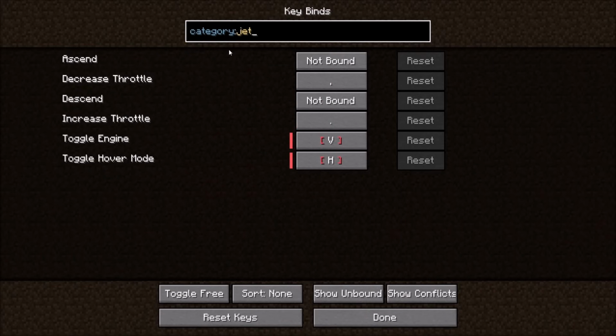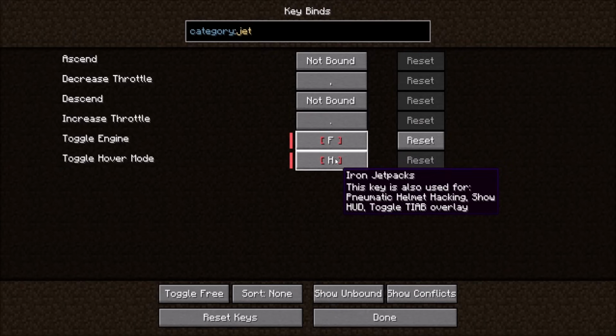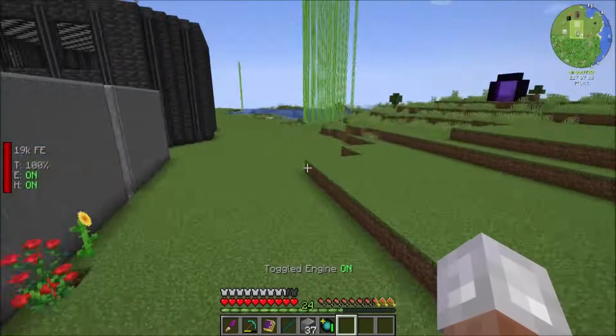Category jetpacks. Toggle engine is V by default. I want that to be F, because that's usually where I like that to be. And how much of a trouble will it be to conflict with building gadgets? That's an exceptional question. We're going to find out. I might toggle it to G. I always forget where my muscle memory is, but I feel like G...